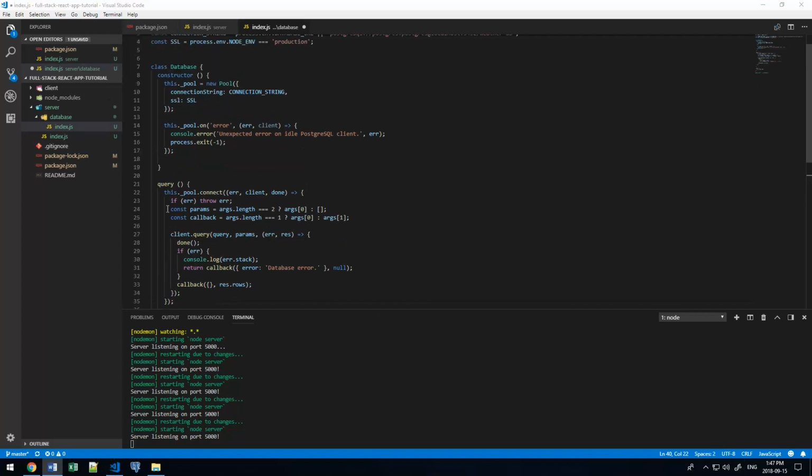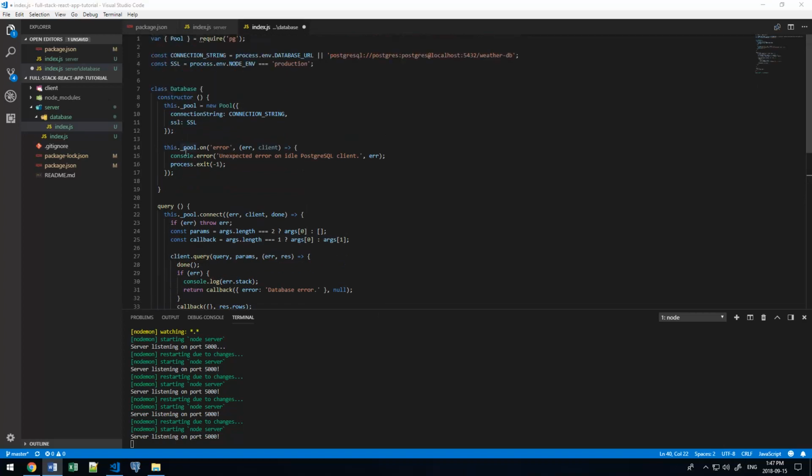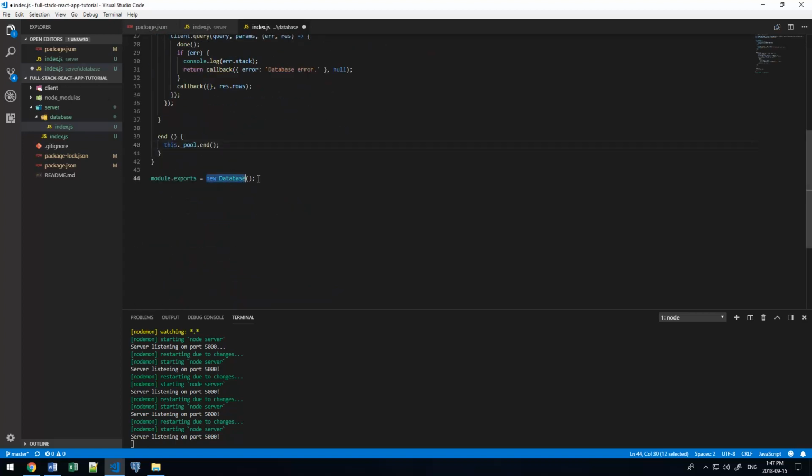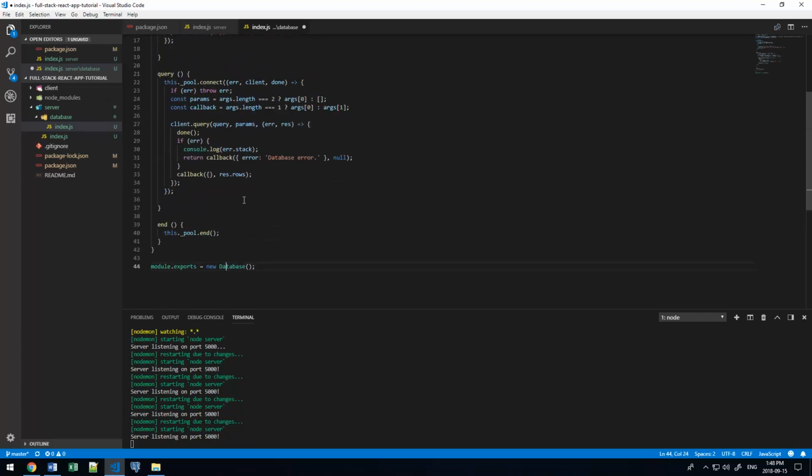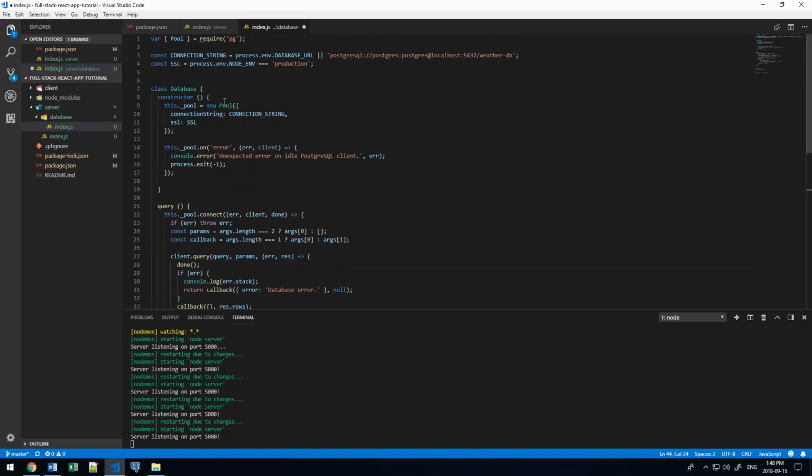So I'll just explain what's going on here. First of all, the constructor is called when we create our new database object, which we did down here in the export. So that means this will happen whenever we import our database into another file to be used. So we create a pool, and we pass in that connection string as well as the SSL settings. And then we have some error handling right here. This is just for the pool, so it just means that if there's any sort of error connecting, a message will be logged to the console to tell us that, and it will exit the process, killing our